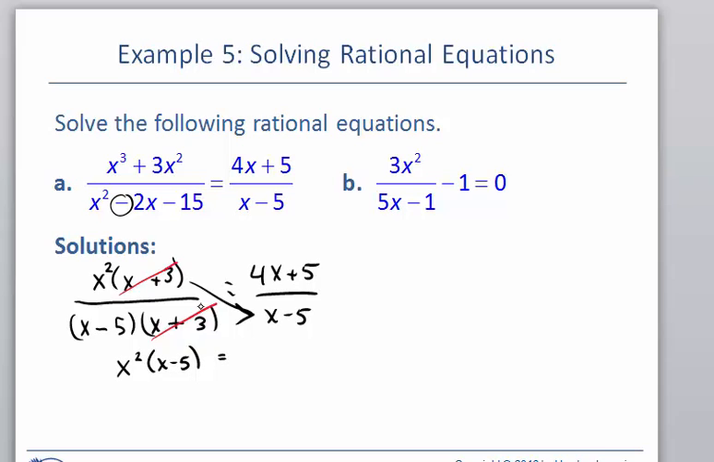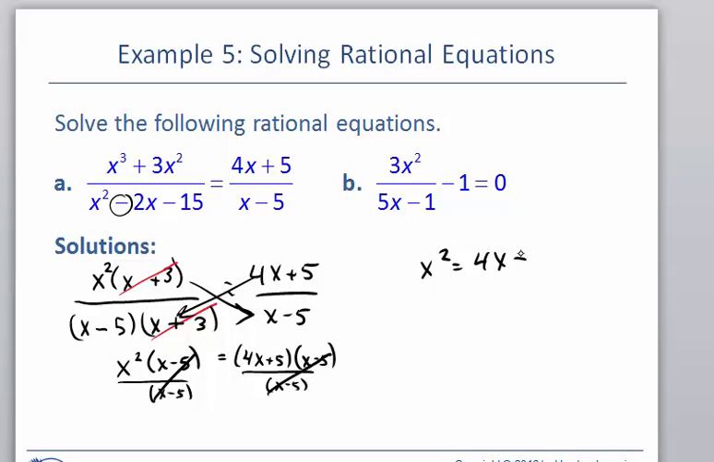And we could take this 4x plus 5 and multiply it times that x minus 5. And so you notice in doing that you have an x minus 5 on both sides. So that would be an easy term to either factor out and divide out, or we could come in and divide both sides by x minus 5. And so what we really want to be working with here is x squared is equal to 4x plus 5,